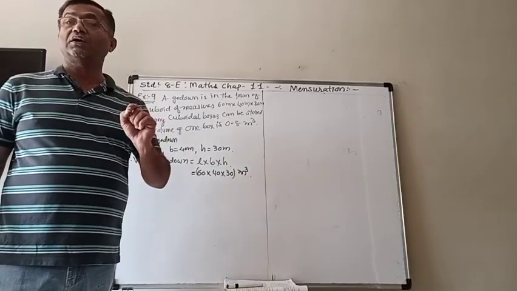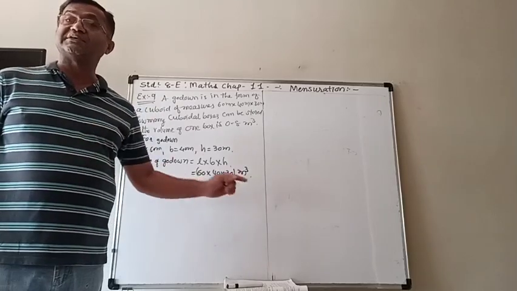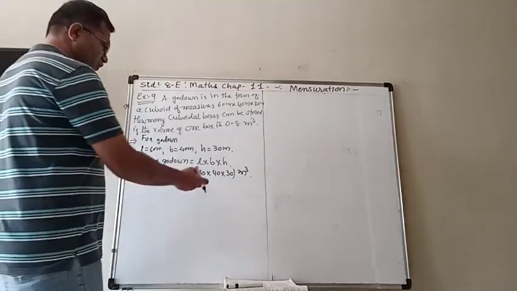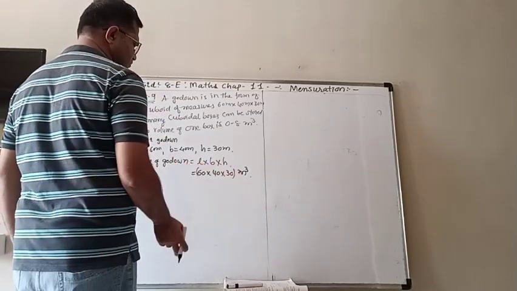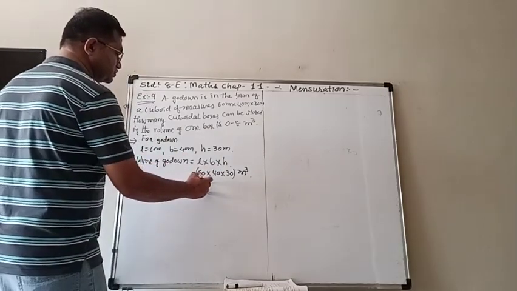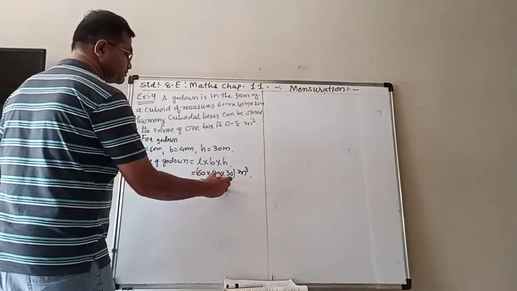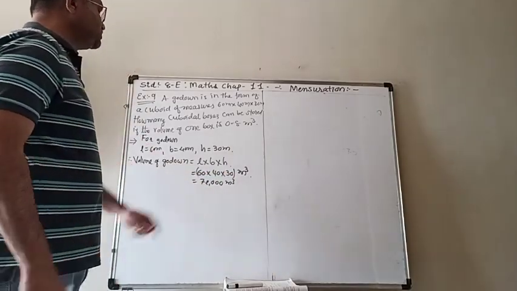Here I am not gonna multiply it. Why? That you will understand later. If you want to multiply also, it is simple. 6 4s and then answer is 72,000. So you can write down 72,000 meter cube. But I will show you why I am not gonna want to put that.